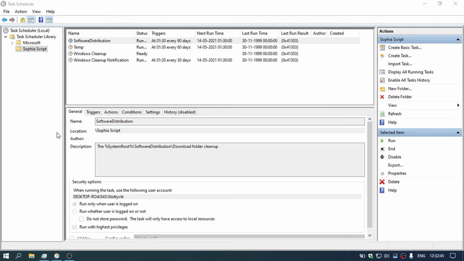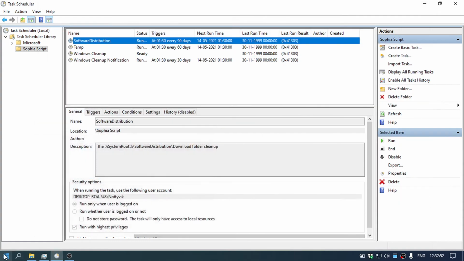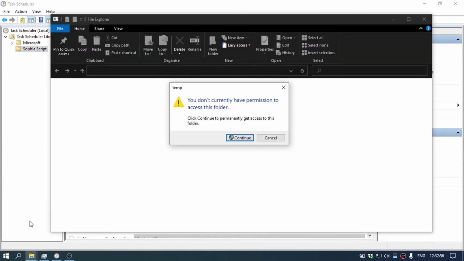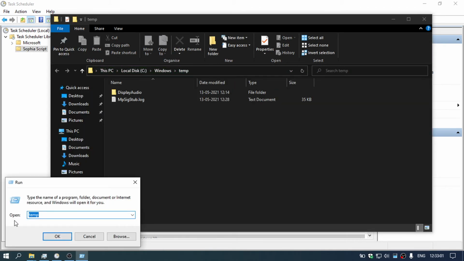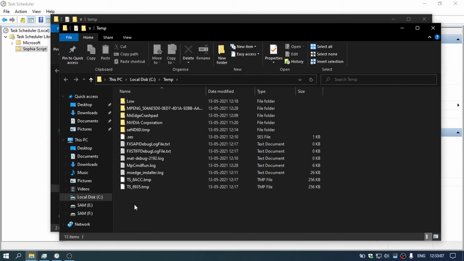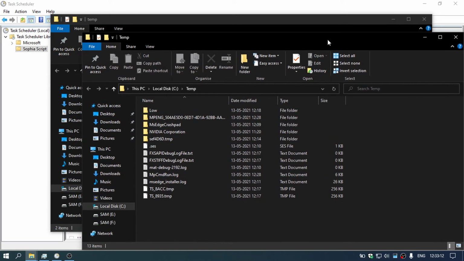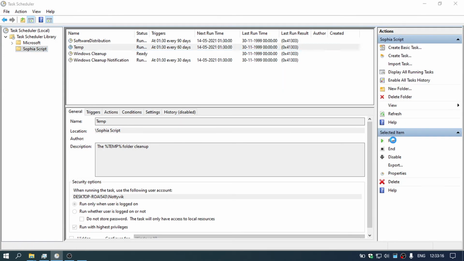Like, let me show you. Go to File Explorer. Wait, let's just go to run and type temp. Let's go to run again, and this time just type percent temp percent, hit enter, and now just see what happens to these folders when I run this temp task.